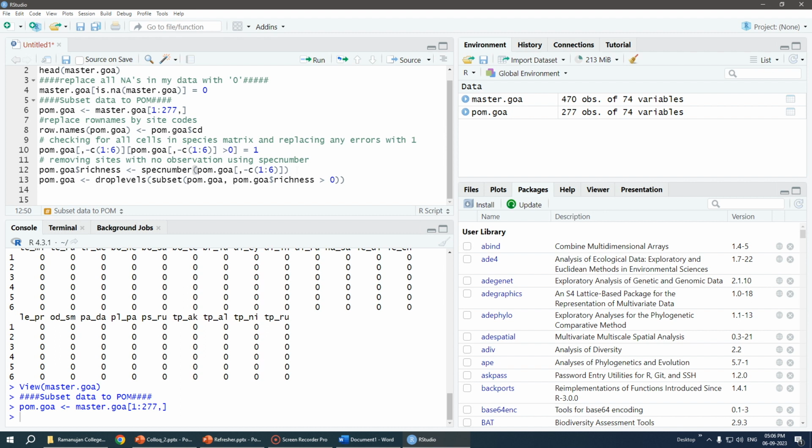So it is highly possible that in those places the entire column of species would be left empty, blank. So I want to remove those kinds of species as well. So I will use this special function called spec number, and I will run all of these to clear my data till the end. But as I said, our environment needs a lot of special packages to run certain kinds